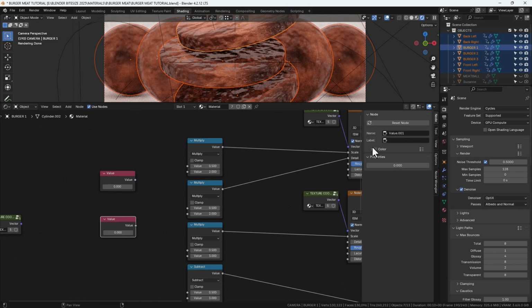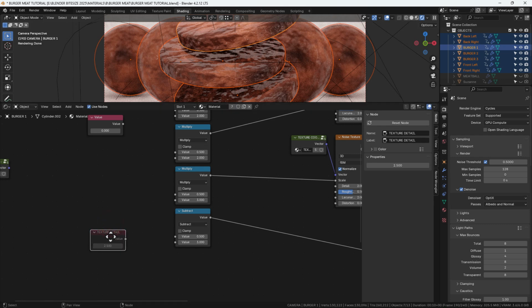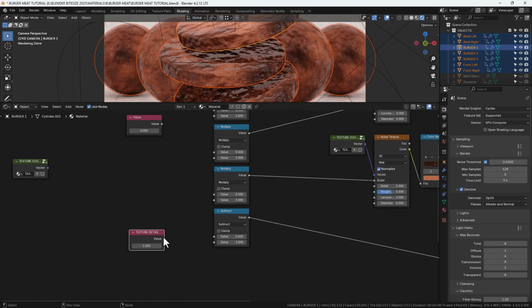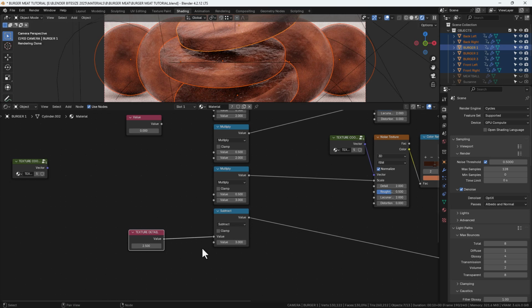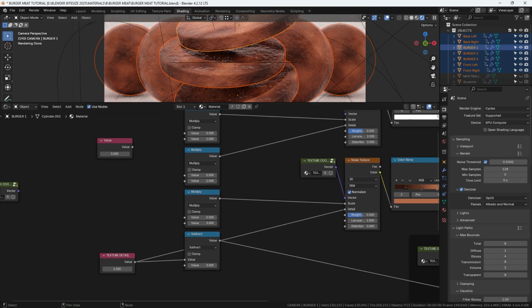And I need to do some other connections as well, but I think I might come over here first. Now for this value at the bottom, we're going to call it texture detail. And we're going to set the value at 2.5. And we're going to connect that, let me remember this, to the top slot in the subtract math node, to the detail in the noise texture at the bottom that's not in a group,